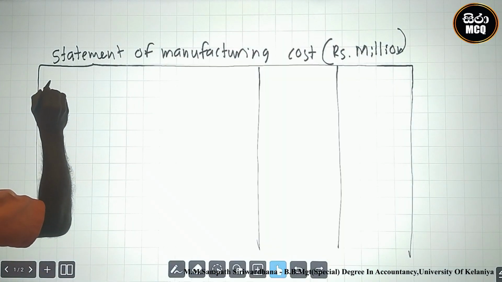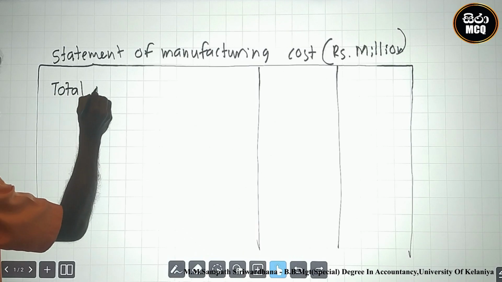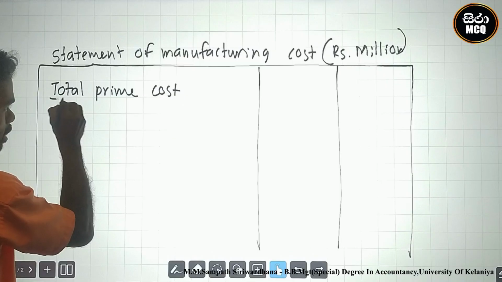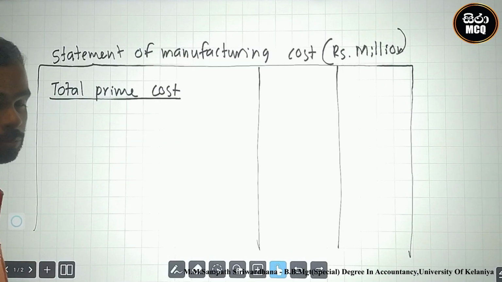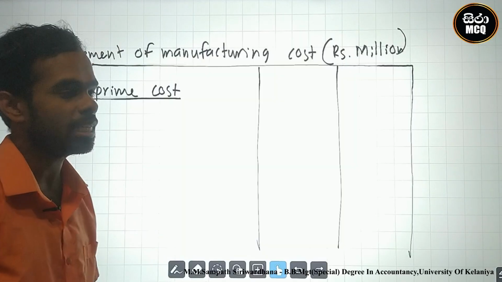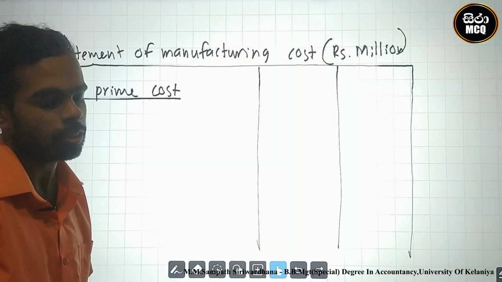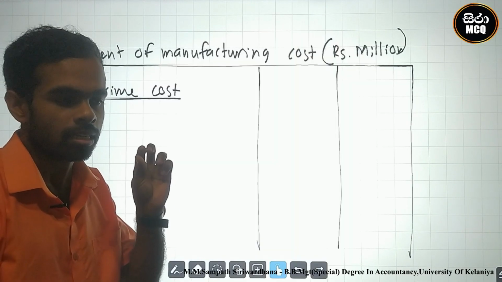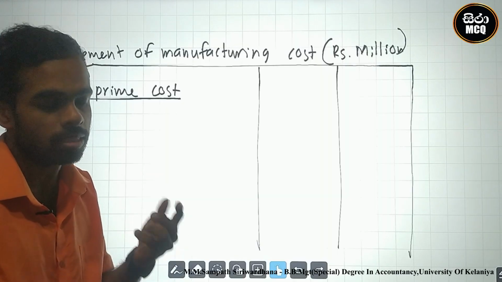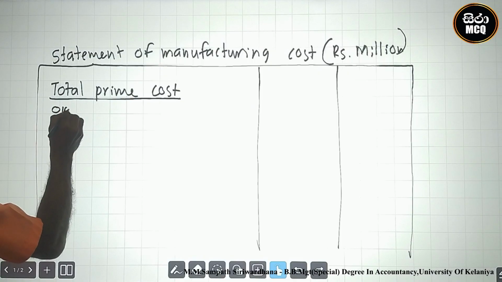Firstly, we must identify the total prime cost. Based on the prime cost, how can we calculate it? Firstly, we identify the direct material cost. At the direct material cost identification, we must identify the consumed direct material cost, the used direct material cost. How can we calculate it? Opening direct material,